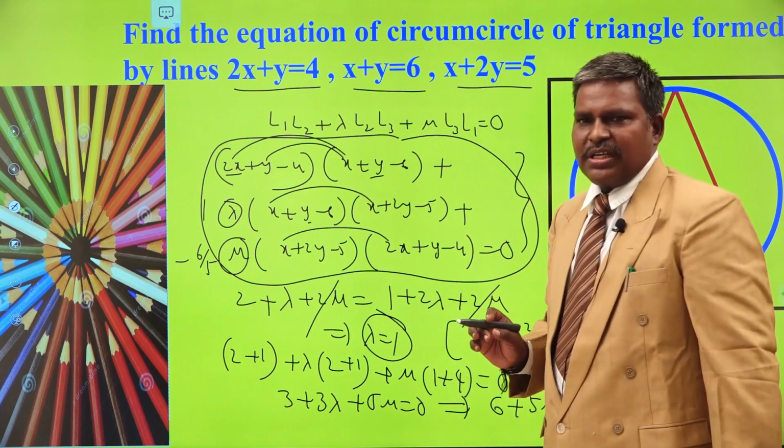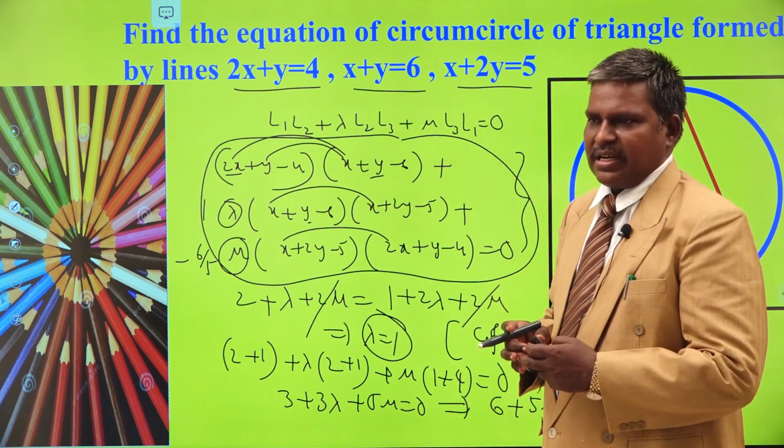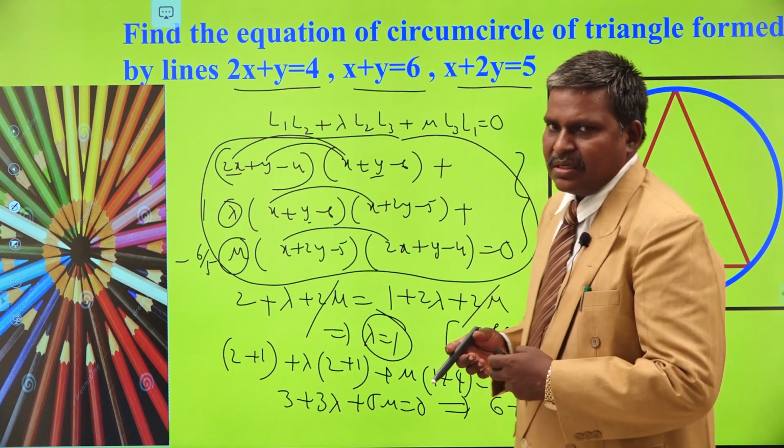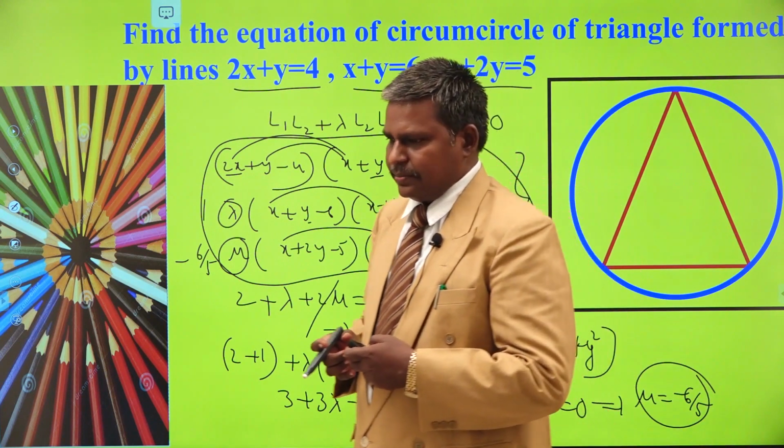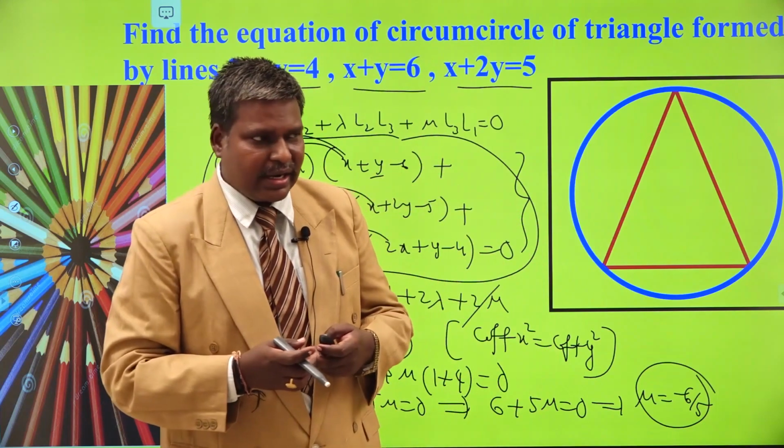So up to now we have seen how to find the equation of circle passing through 3 points. What are concyclic points? When you are saying they are concyclic, what is the cyclic quadrilateral?